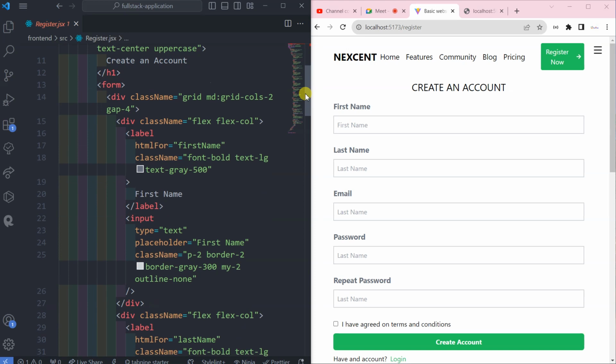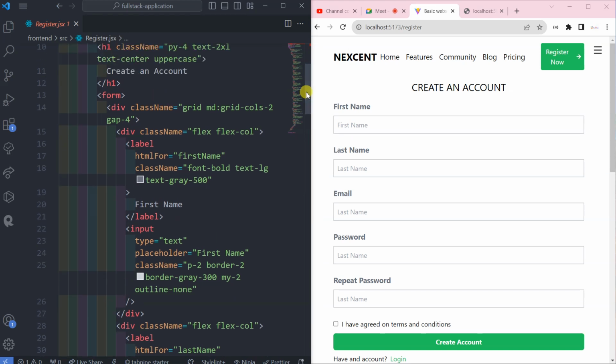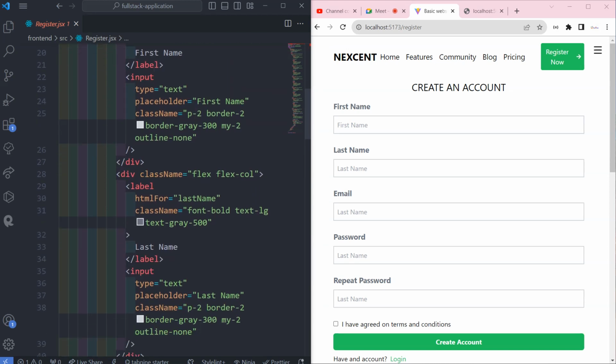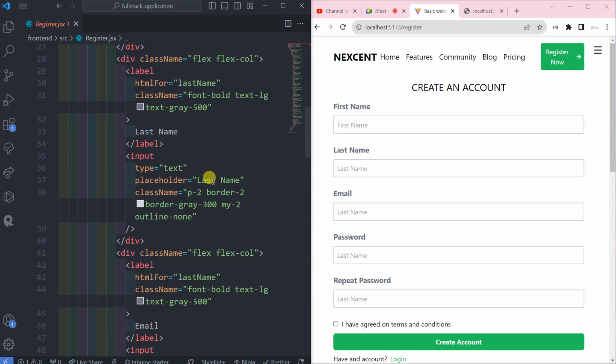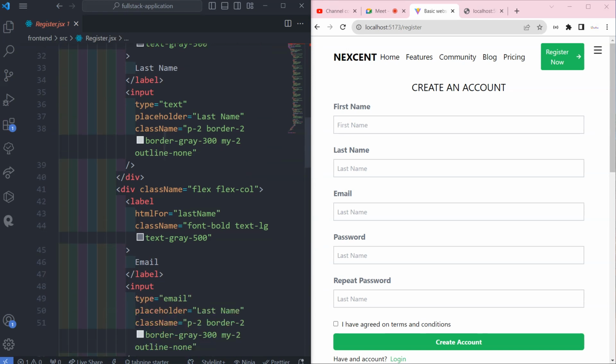So we can scroll down, first name, last name. You can see it here, first name, last name, the last one is special. So the first name is correct. Let's go to the second name, which is the last name here. It is going to be correct. Then for the third one,